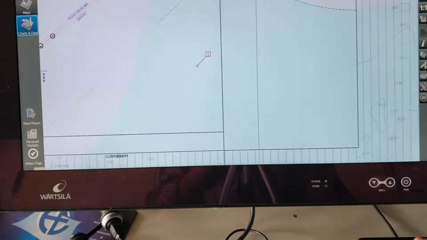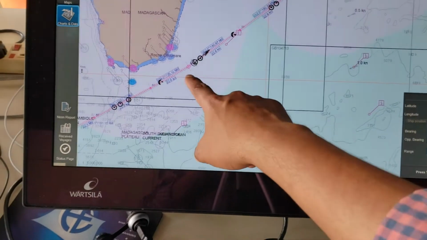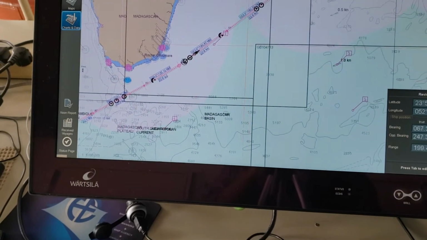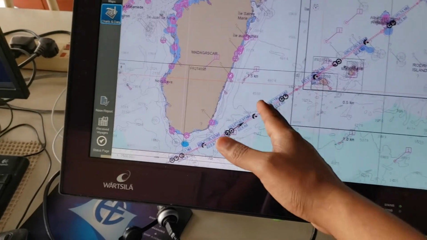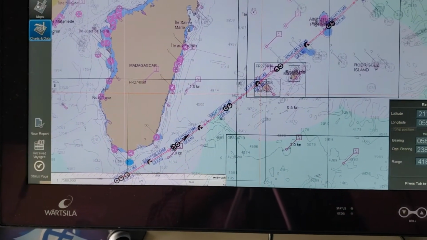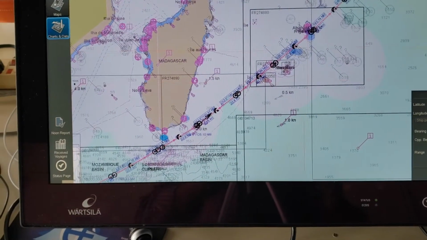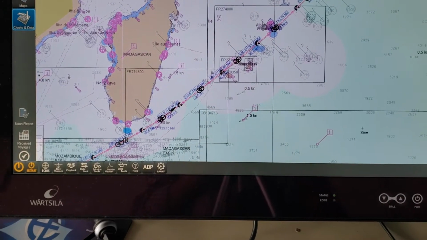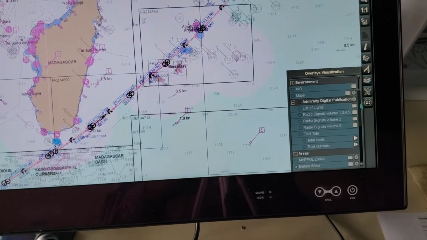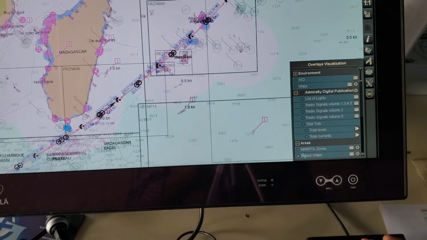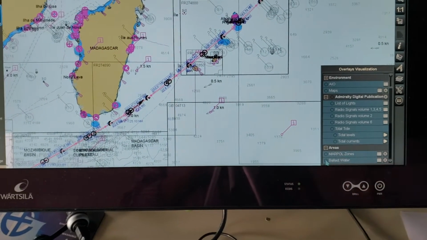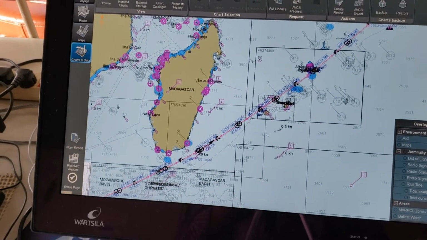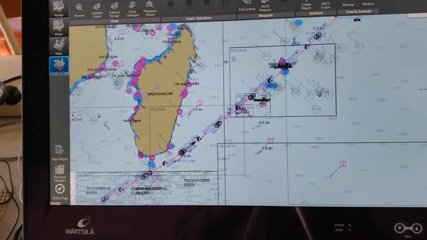here, you can see these are the orange, blue, pink color markings. Right now I am in this area. I cannot do any ballast water exchange because I'm not 200 nautical miles away and all these things. So these are the white color areas where you can go ahead with ballast water exchange. This is how you can turn this on and then you come to know directly. Same thing for Marpol zones, as I had shown you over there. Alright, let's move on and I'll come back to that menu again later.